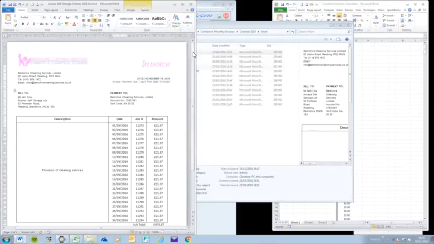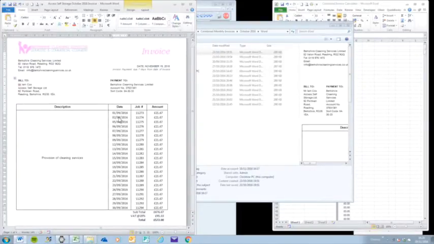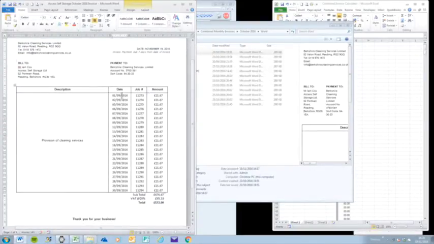Then we want to delete the contents of this table. It's a little bit tricky to make sure we don't delete the table itself. We want to highlight the first column just like this. We don't want to highlight too far so that it highlights like this, as you can see, because when we delete it, it just deletes it in the wrong way. So we want to highlight it like this,